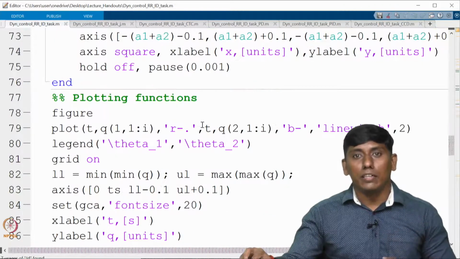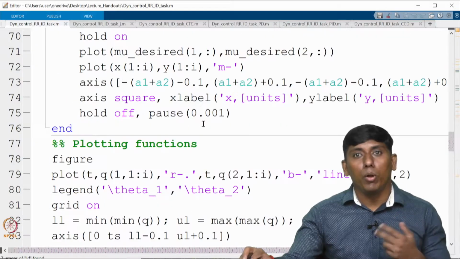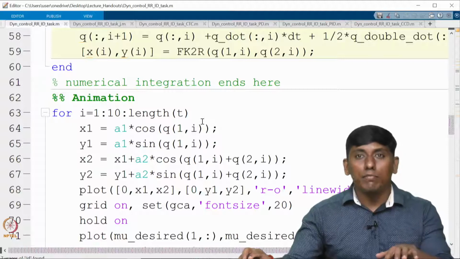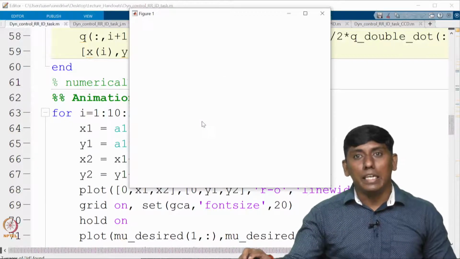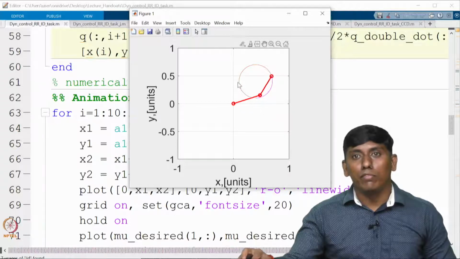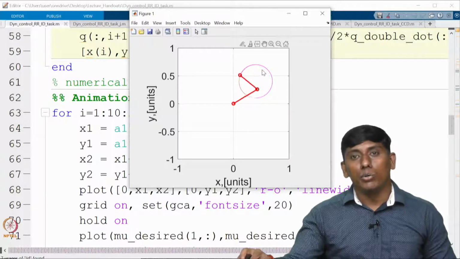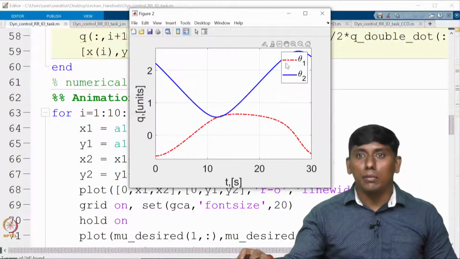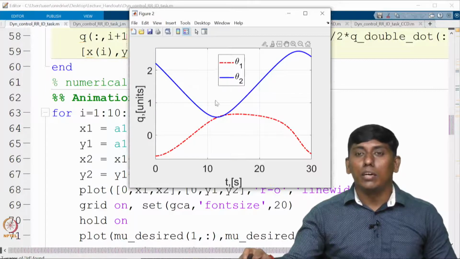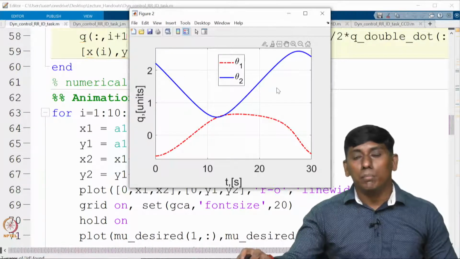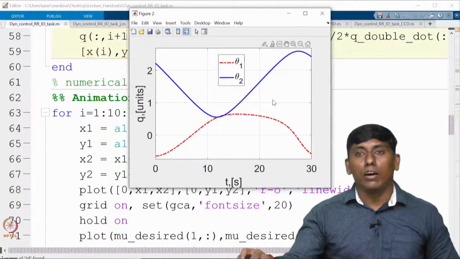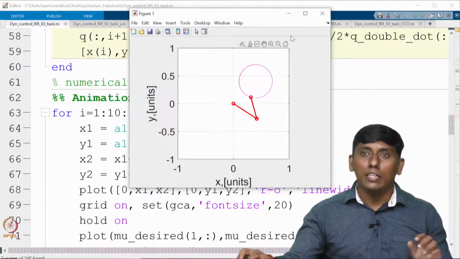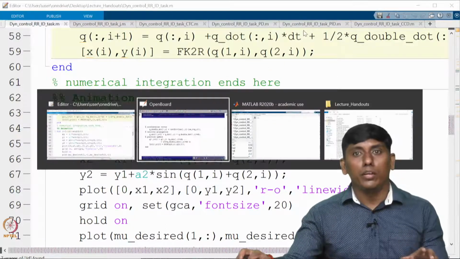After that you can see all these subfunctions, and I am trying to plot. Before that I am trying to animate. Okay, now if I run this code, you can see this is the profile given as desired, and your system is also following it, right. So this is the inverse dynamics in the task space, and this is how theta 1 and theta 2 move based on the circular profile of mu which is given, right. Now the same thing can be done in the joint space just for your benefit.